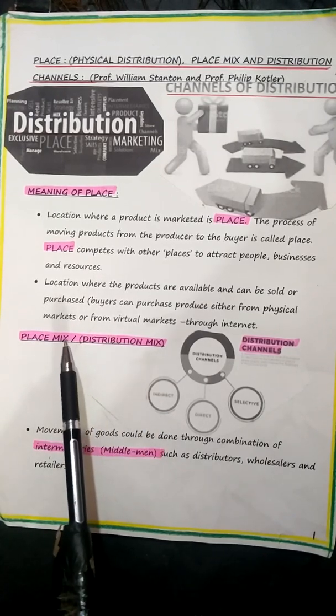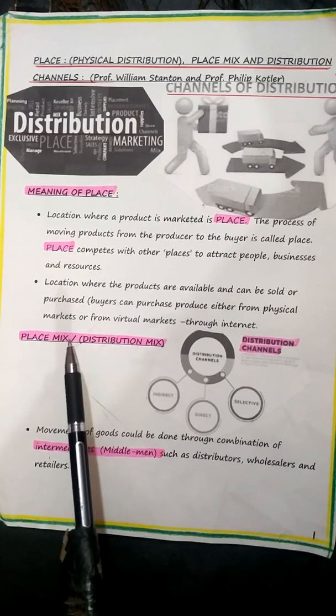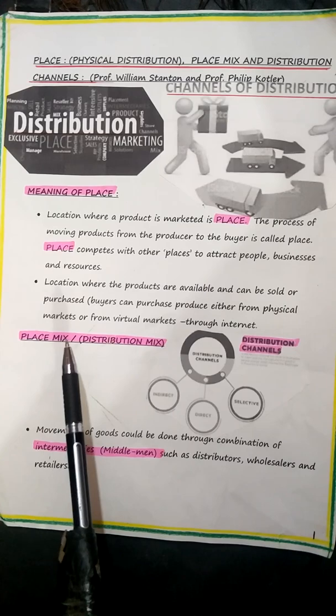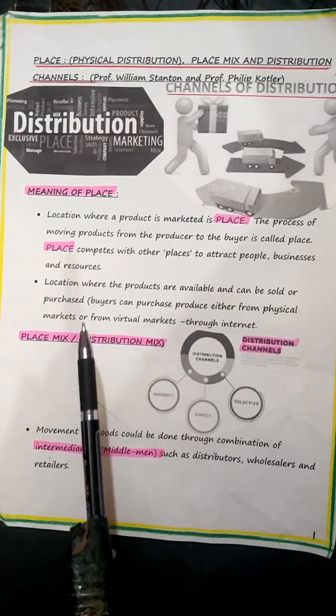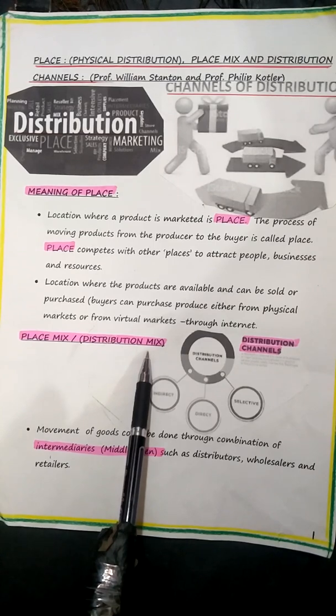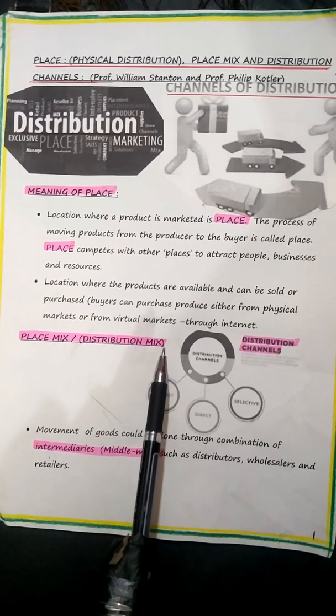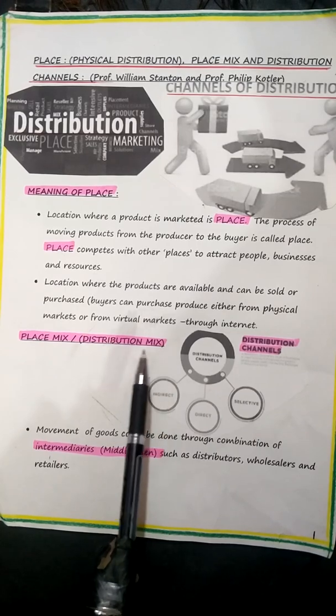You understood what place is. Place is not just the address, but it means much more. And now, place mix. What is place mix? Place mix is nothing but including the various components pertaining to the word place in marketing. Place mix is also called distribution mix. So, to make the place mix, other elements of marketing must also be taken into account. What are the other elements among the four P's? You have price, promotion, and product to be taken into consideration.